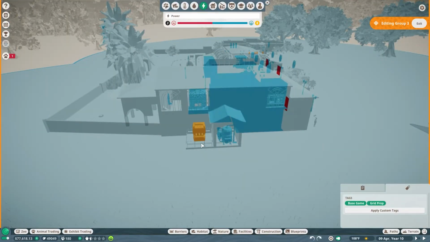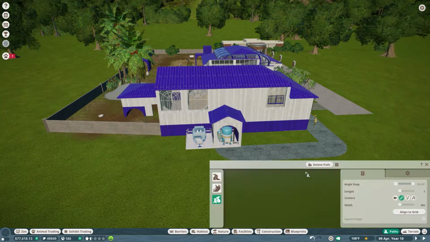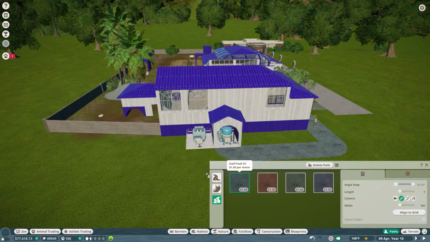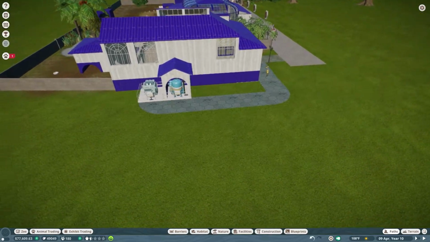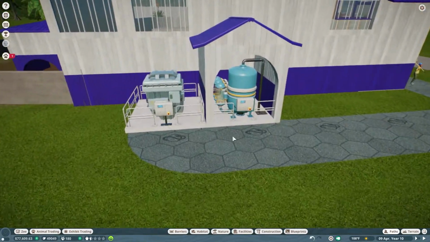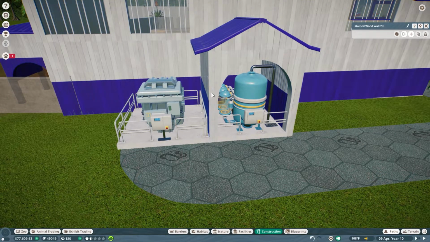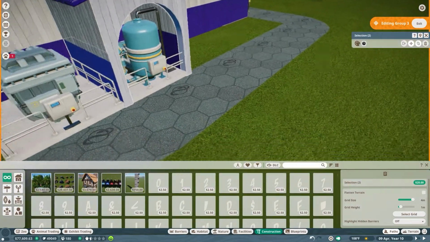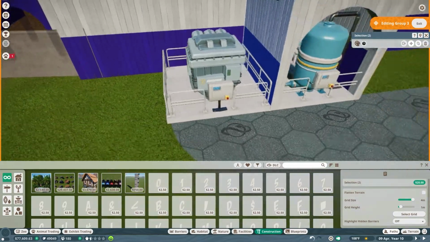All right. So I forgot to add in some more power. So that's what I'm doing over here. And going to put in the path over here. I was wondering why the pangolin's water area was dirty, and realized the water treatment I had put in didn't have any power. So we're going to add that, and then I'm going to grab those two walls right there